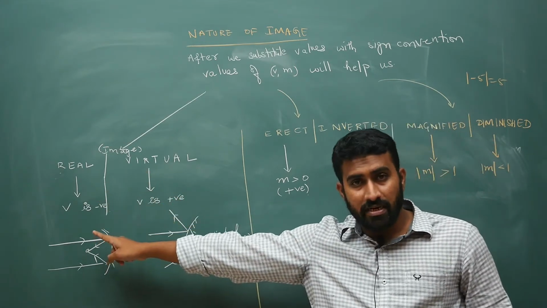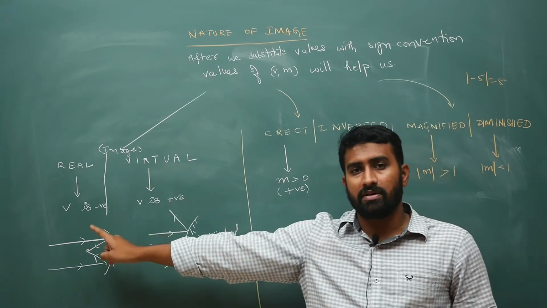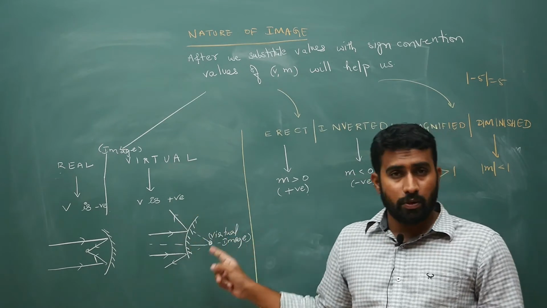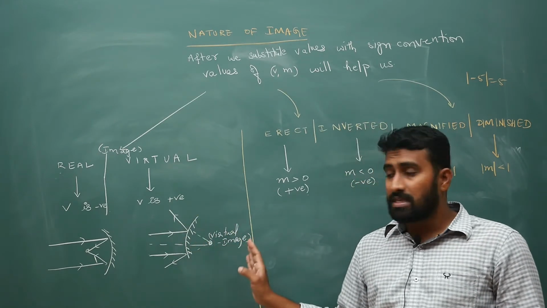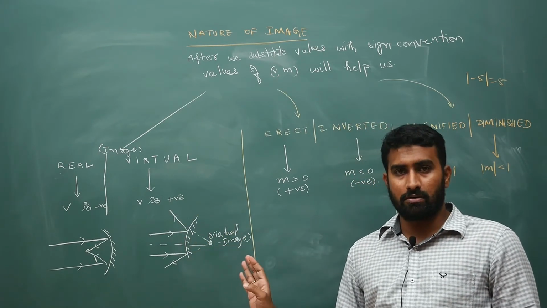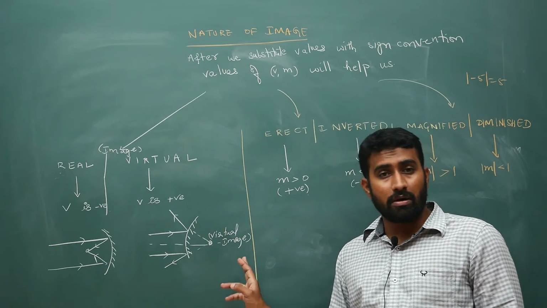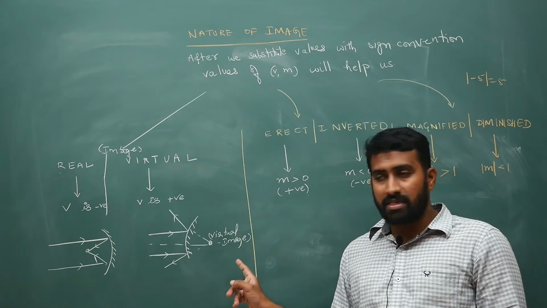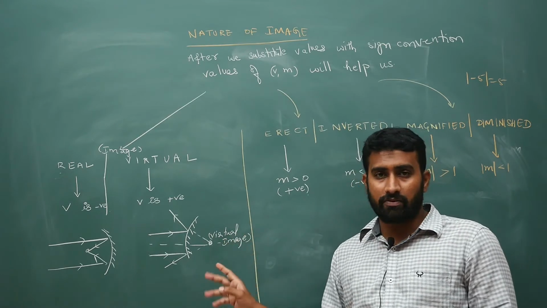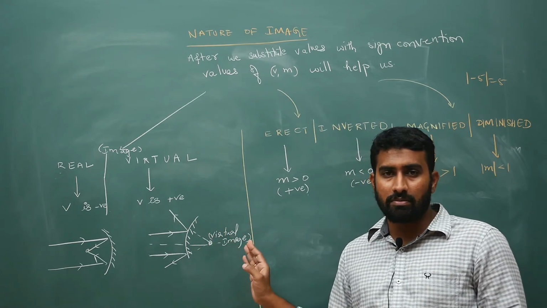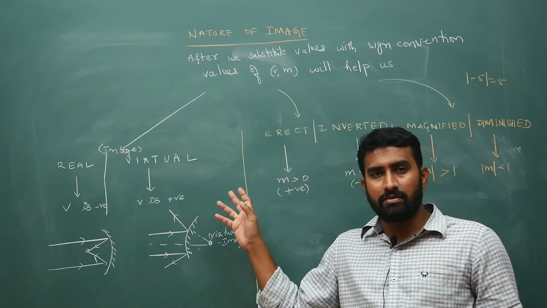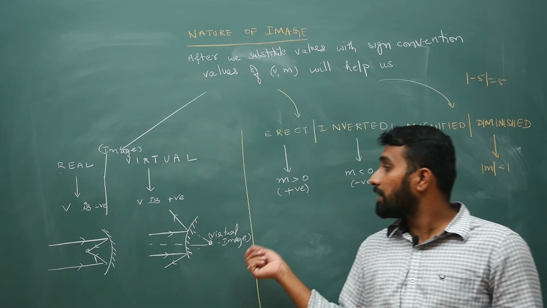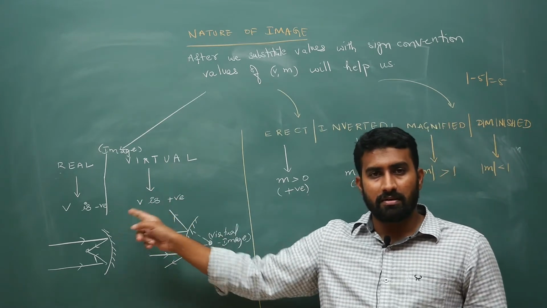I should explain whether it is real or virtual. Real image is decided by V. If V is negative, reflected rays are meeting, that is why you will get a real image. If V is positive, that means the image is formed beyond the mirror, in the direction of the incident ray. Since rays can't go beyond the mirror, to explain the formation of image, reflected rays diverge and you draw extended rays that intersect at this point. So real or virtual is decided by V.